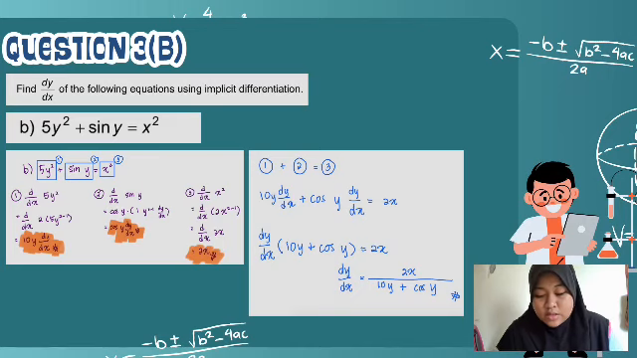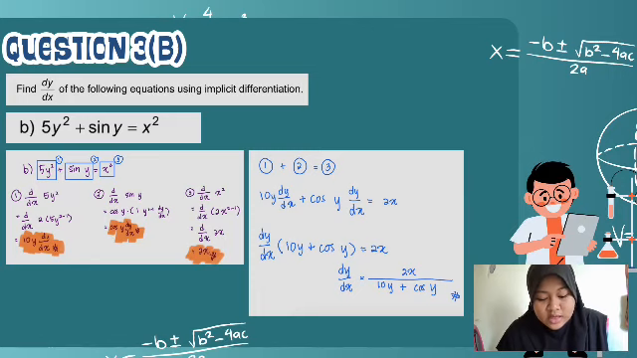So how do we do it? First term plus second term equals third term. Why do I use plus? Because in the question it uses plus, so we have to use plus too. So the first term that we have differentiated, 10y dy per dx, plus our second term, which is cos y dy per dx,